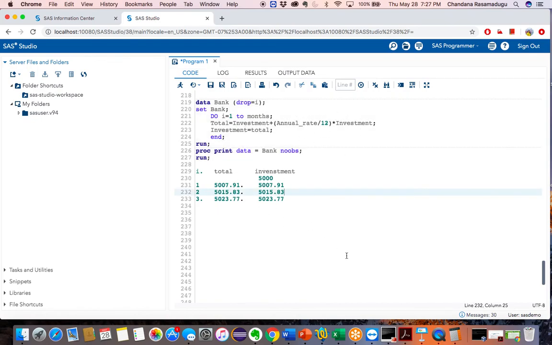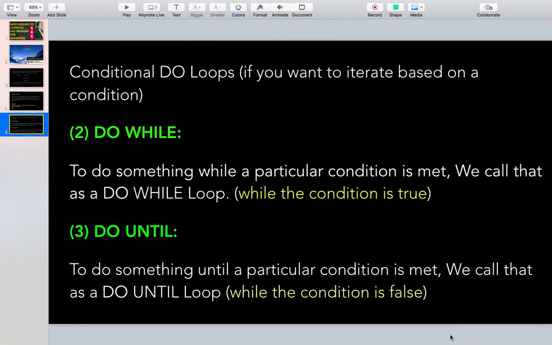So the next one is conditional do loops. If you want to iterate based on a condition, iterations take place only based on the condition. In do while and do until, both statements execute the program based on the condition only.